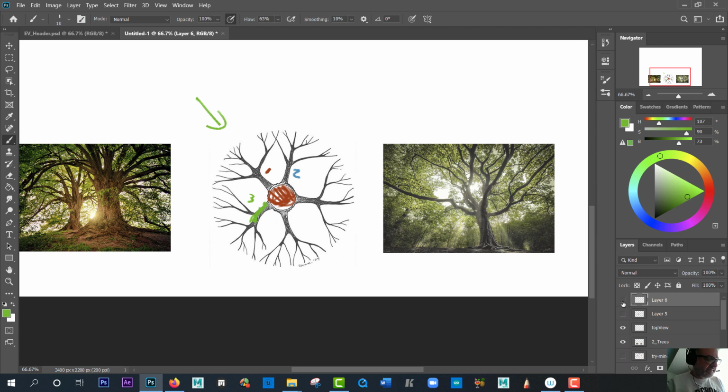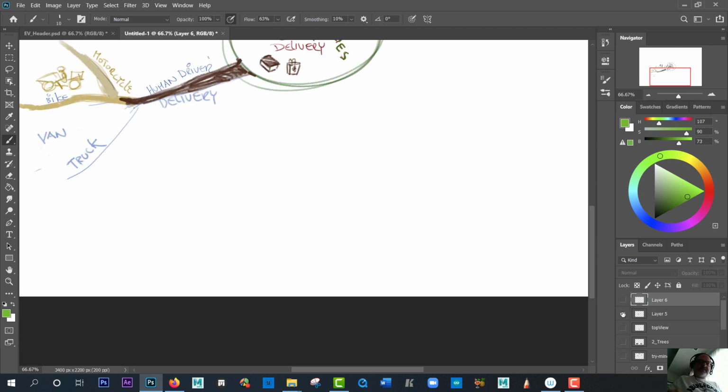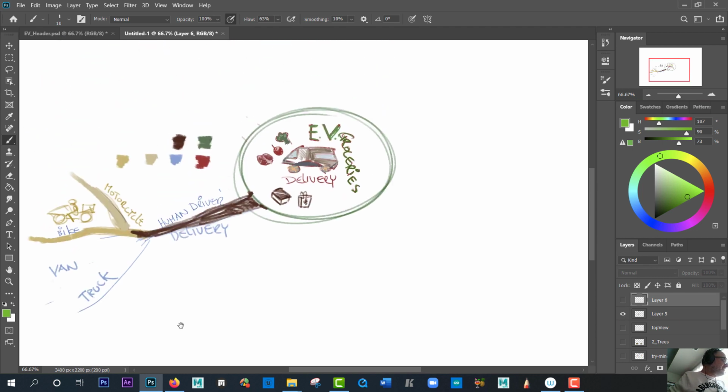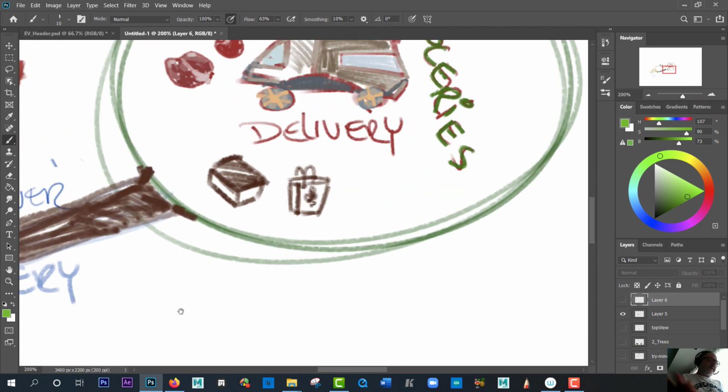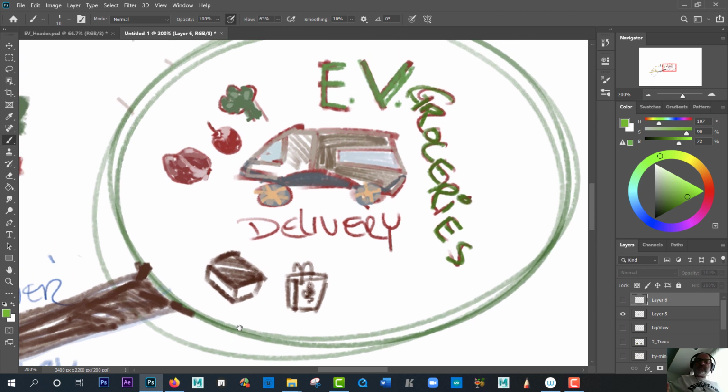So I'm going to say bye-bye to this. I'm going to say bye-bye to my trees, okay? And watch what I've done here, okay? And I'm really, really enjoying this process, I got to tell you. Okay, the center, what's our challenge?